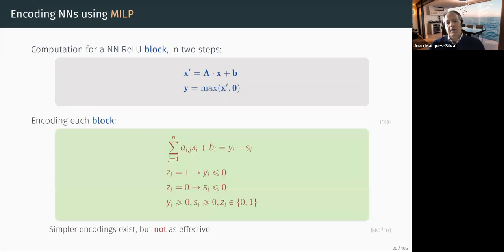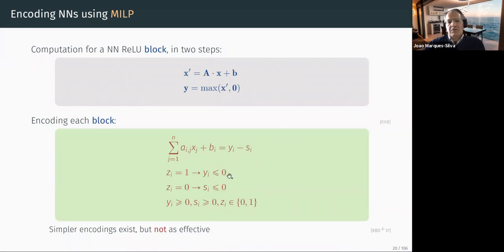And so how do we move from here to, well, up here I'm saying I'm going to use mixed integer linear programming. I could be using SMT as well. There is no difference because SMT is a superset of MILP, at least in terms of modeling capability. So what I do is as follows. It can be viewed as a summation. So I'm going to represent the summation as shown here. And I'm going to use two positive variables, the y, which I want at the output, and some slack variable.